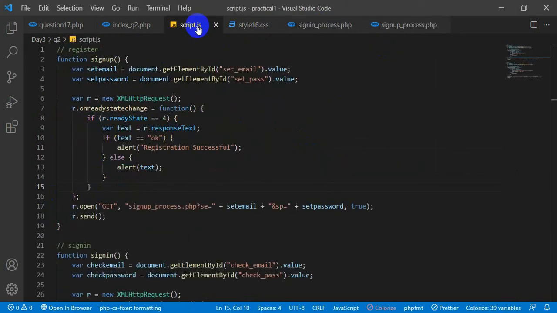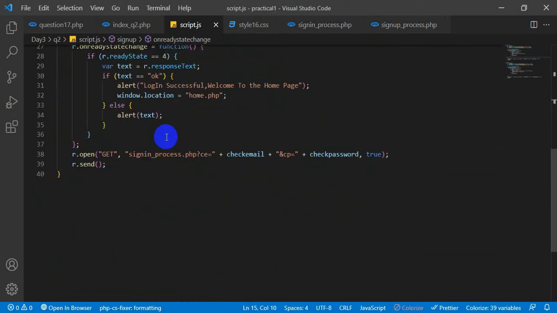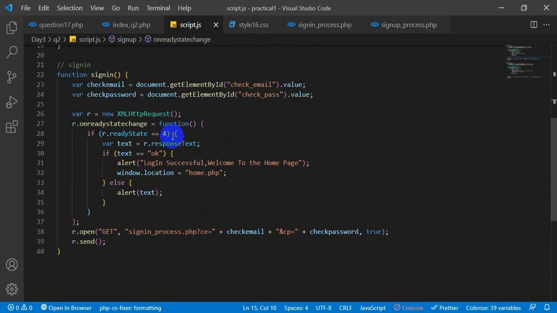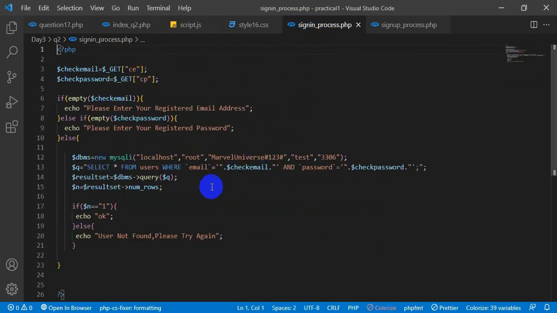So using the sign in function, as in the sign up process, there's the Ajax object, and you transfer data onto the sign in process. Once you process those data, here also validations are made.